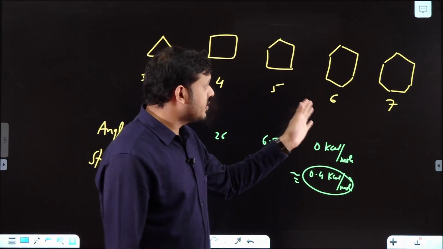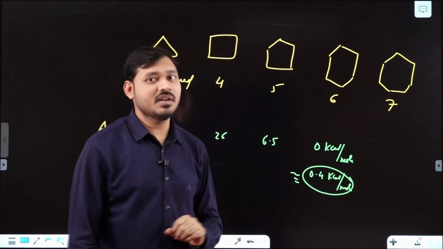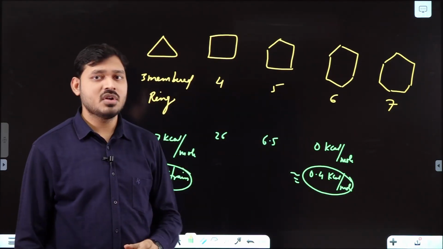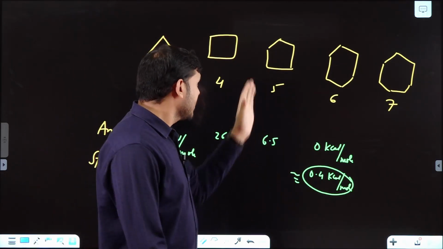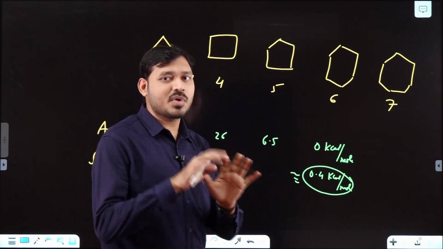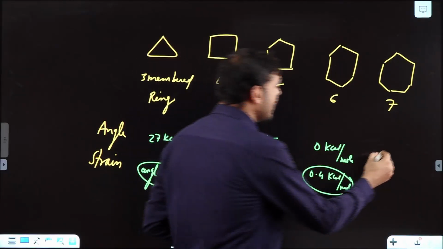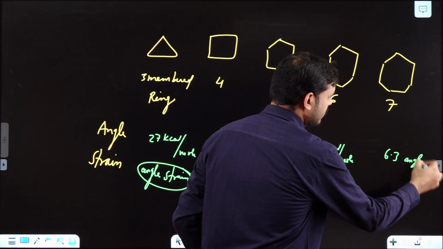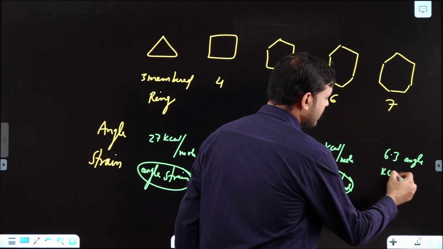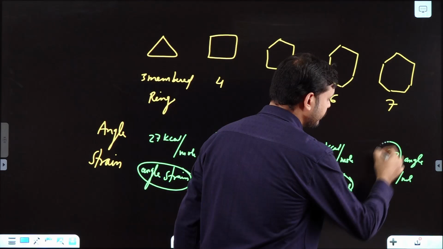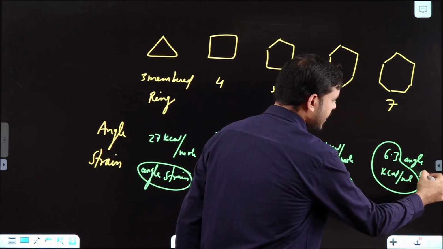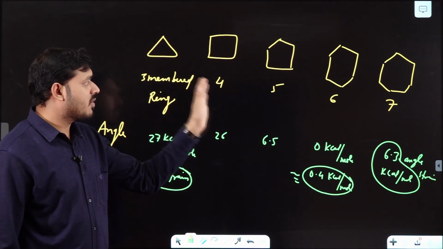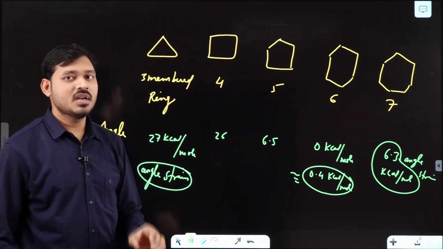Now when you say a 7-membered ring, what will happen? Now here comes the thought, which is more stable, 5-membered or 7-membered? If I say the angle strain value, the 5-membered and 7-membered rings have approximately the same, but as a rough figure, the 7-membered has lesser angle strain, 6.3 kilocalorie per mole. Okay, angle strain. So I think you all have understood that out of 3-membered, 4-membered, 5-membered, 6-membered and 7-membered, the 6-membered ring